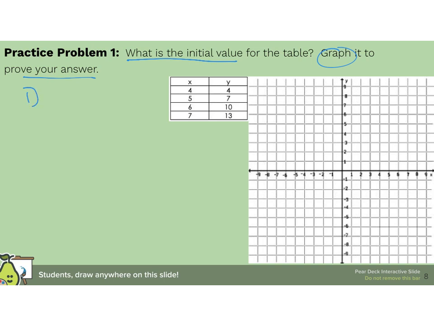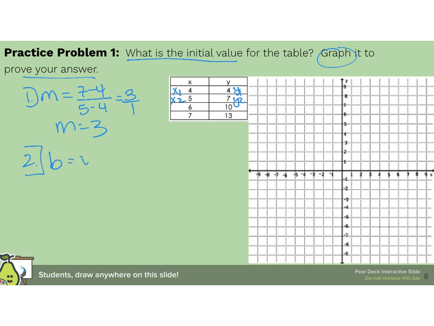So step 1, slope. M equals, I'm going to label this for you guys so you know what I'm doing. 7 minus 4 over 5 minus 4. Slope is 3 over 1. All right, so first step, M is 3. Second step,